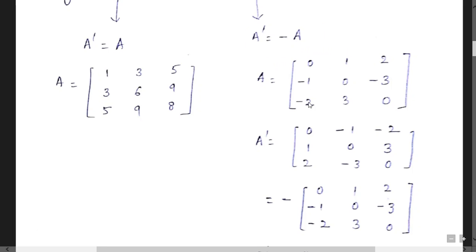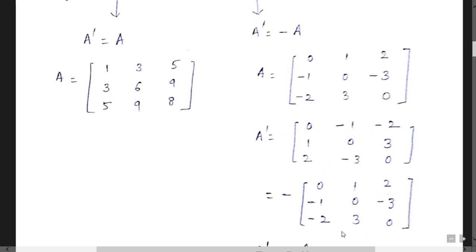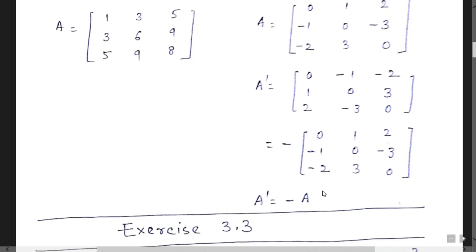First row and first column are the same, but the sign is different. One more thing, all the diagonal elements are 0, the principal diagonal. This one is the principal diagonal, this one is the secondary diagonal. We are taking the example of the principal diagonal. All the principal diagonal elements are 0 in case of a skew-symmetric matrix. Taking A transpose, then taking the negative sign common, this value is equal to the original matrix.